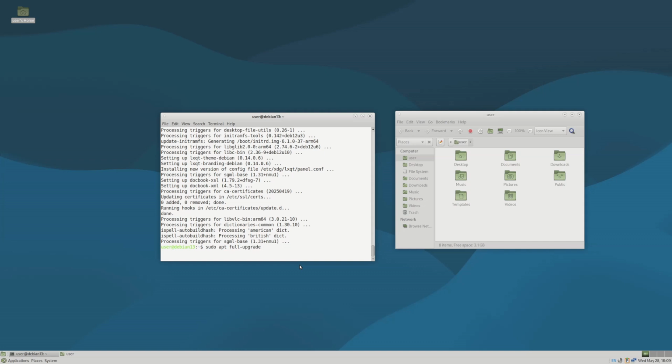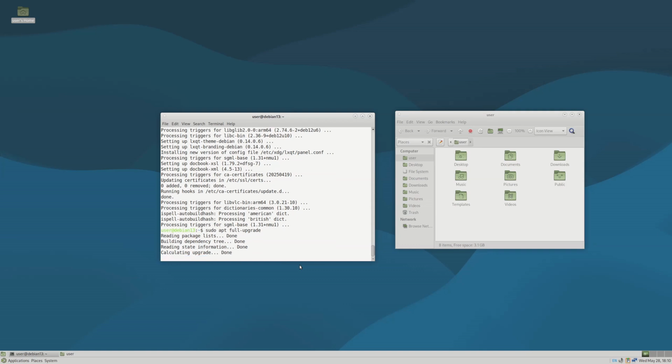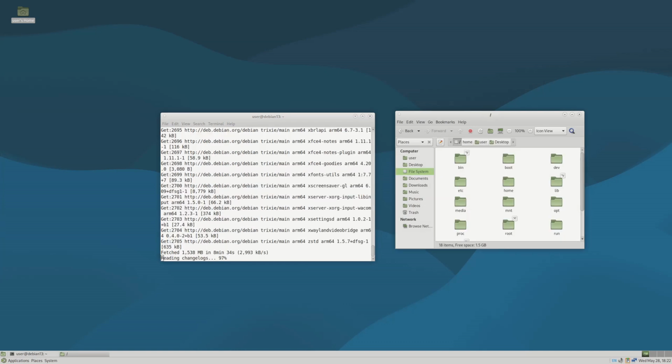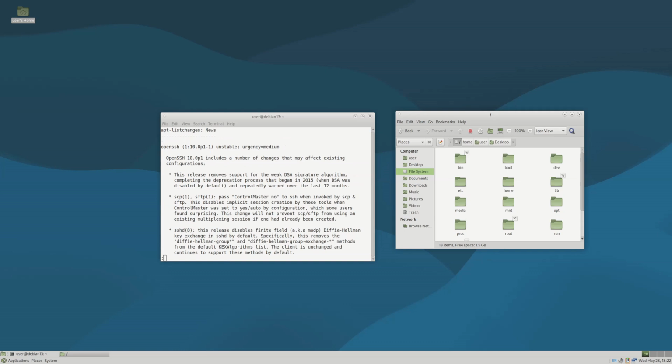When we do this, the version is gonna change to 6.2 or Debian 13. So it's calculating whether it can be done. This is one good option to actually. We are again at 97% of reading of changelogs, and now we have another text which actually